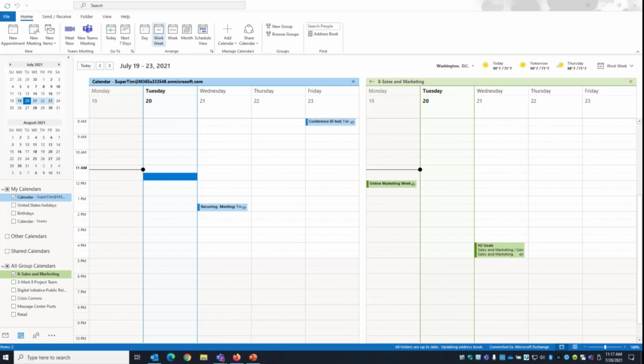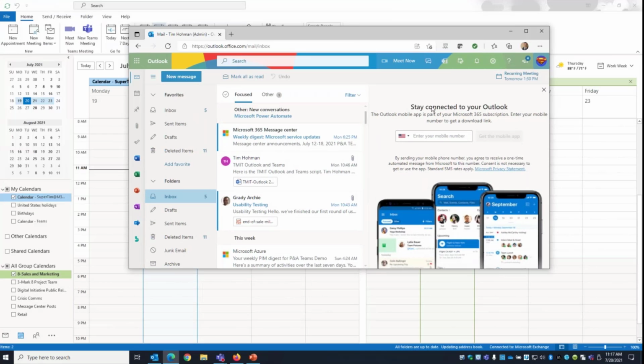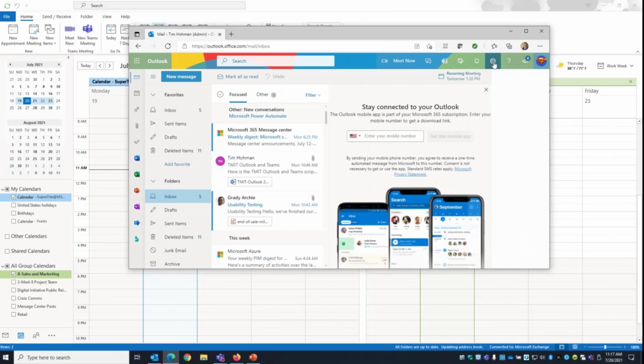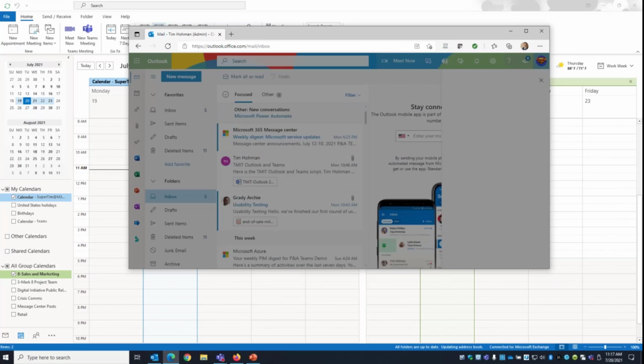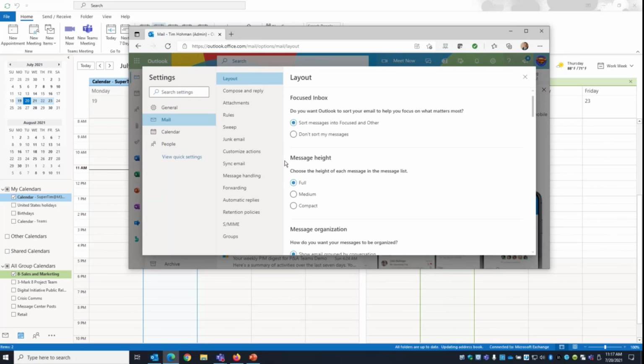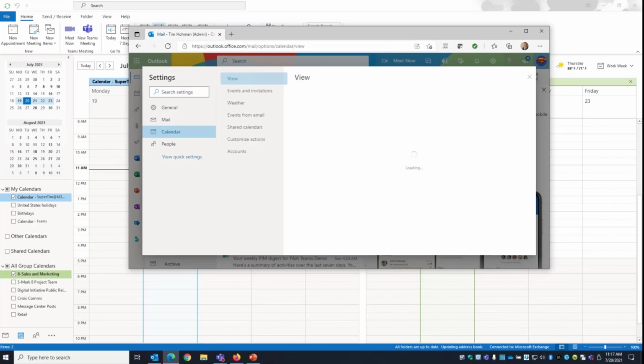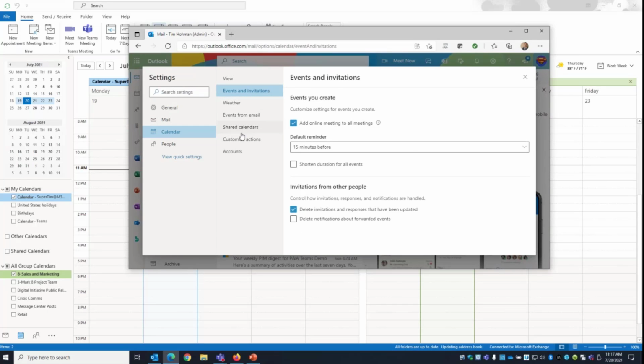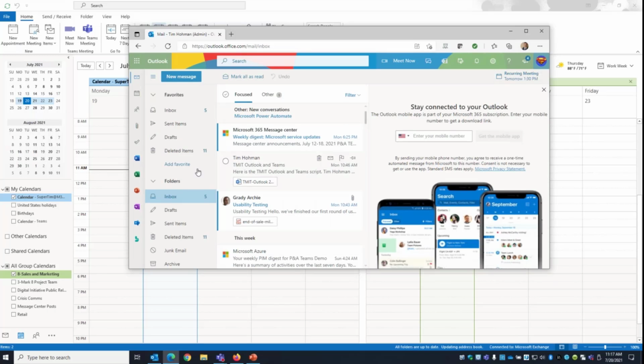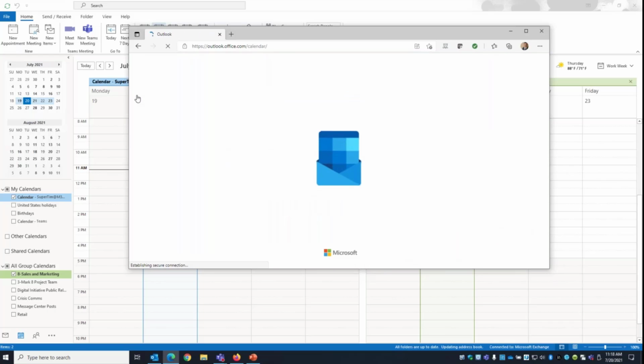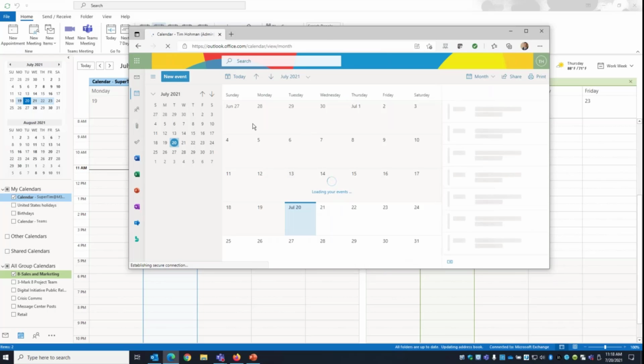Similarly, if I wanted to do that for my online, I could come in here to settings and then view all Outlook settings and then calendar, events and invitations, add online meetings to all meetings. So you check that box there. And so now if I went to my calendar, it's funny that it works in the online version, but doesn't work on my desktop version. And if I do a new event,